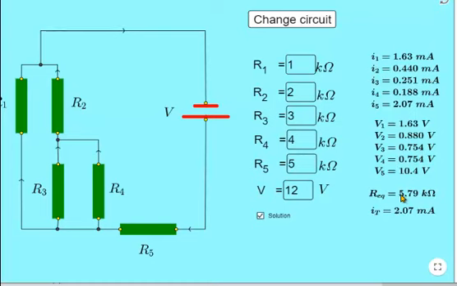Overall, though, I'm just going to pay attention to the equivalent resistance at the end here. So it says 5.79 kilo ohms. Actually, I will ignore the kilo and just call it ohms, all right? Because then I can also put it into Fed. All right, let's analyze the circuit. Which ones are in series, which ones are in parallel. It looks pretty obvious here that R3 and R4 are in parallel with each other, so I add the reciprocals. Then that is going to be in series with R2, and then all of this stuff here is going to be in parallel with R1, and once I'm done with this, this is all going to be in series with R5, and if I don't make a mistake, I ought to come up with